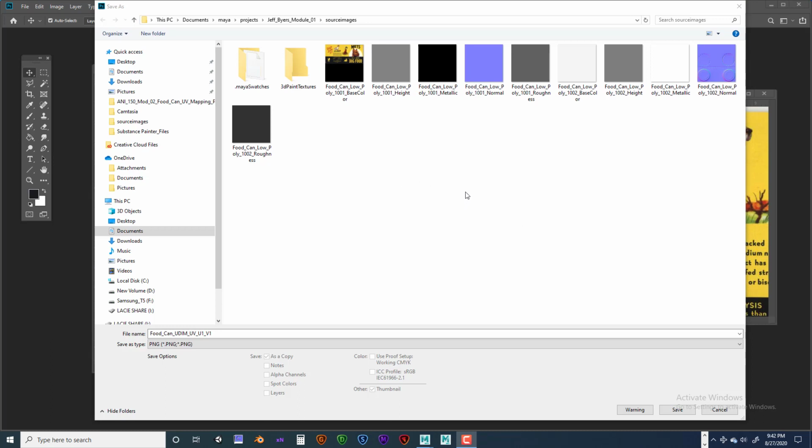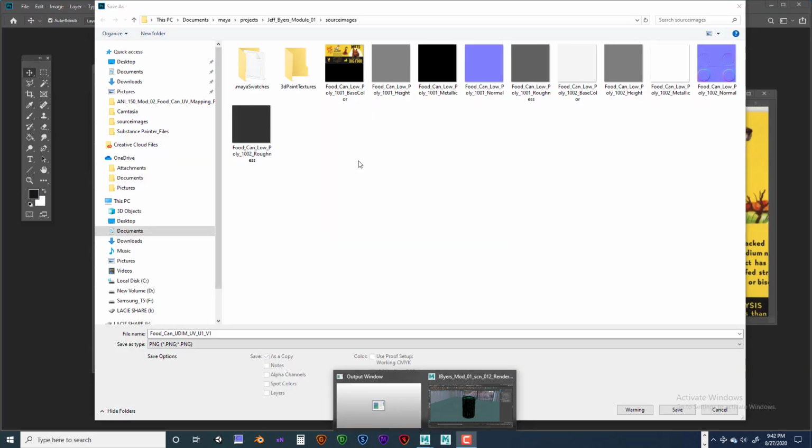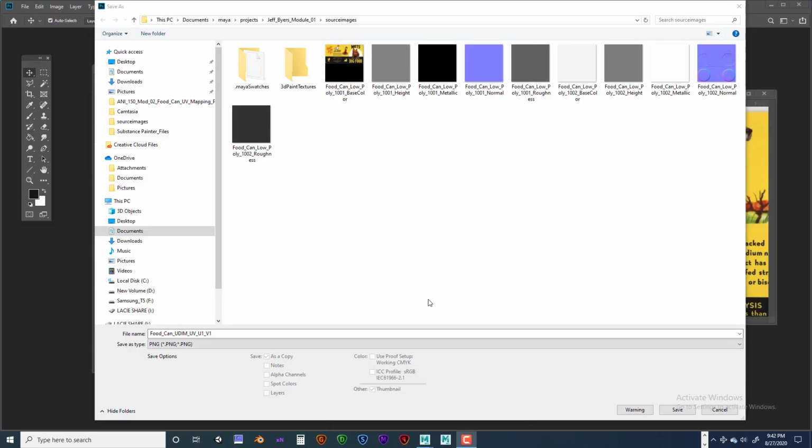Okay, before we go back into Maya, I will warn you that you cannot have Maya open, because I had that texture open. So it won't save this image you just created because it had the image open in Maya. And so it's just going to spit it out and tell you can't do that. Some other program's using it. So you'll have to close Maya and save this and then open Maya back up and try again. And then it'll save just fine. Then when you open Maya up,